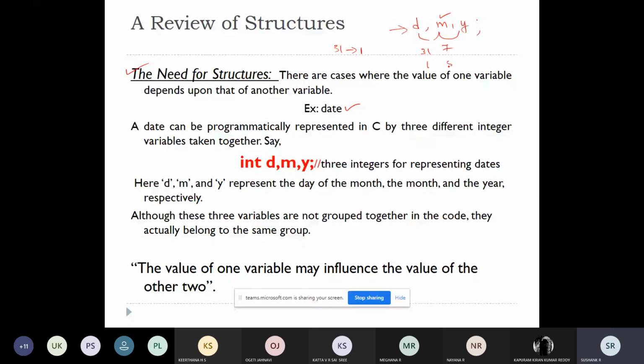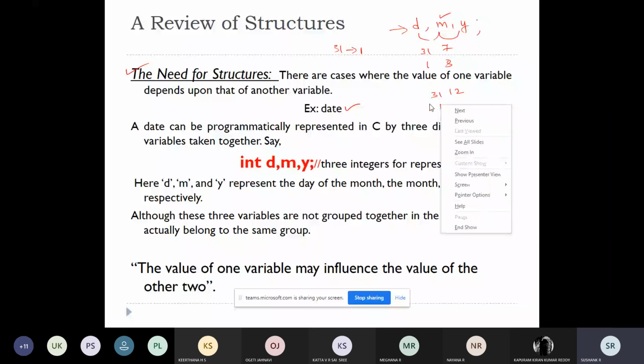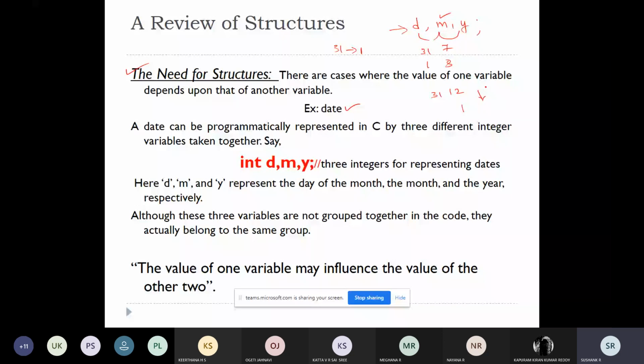Similarly, if the month is 12 and the day is 31, if I increase the date, it will become 1. Again, the month will become 1, and also the year will change. If it is 2020, it will become 2021. So that is the one thing.